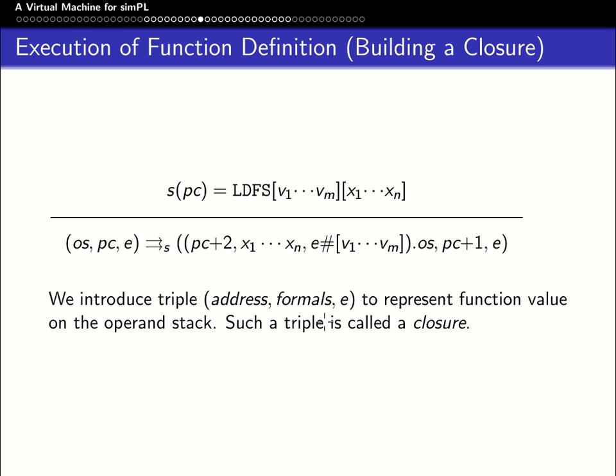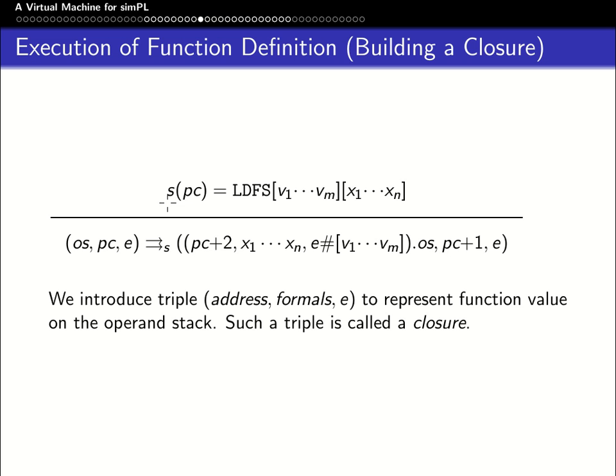The rule says the following: whenever the current instruction is LDFS, remember that this is the state of the virtual machine, S applied to PC is the value of the program counter, and is the storage at the index of the program counter. And whenever that is the instruction LDFS with some free variables v1 to vm and some arguments x1 to xn,